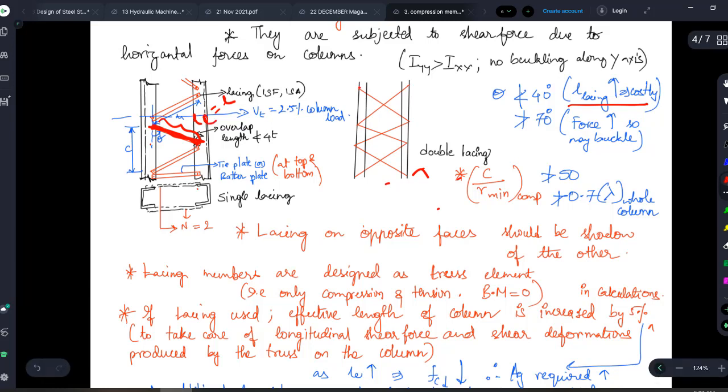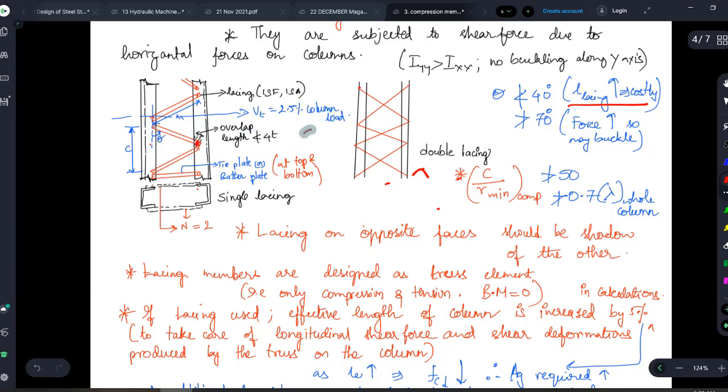So what is L effective? The effective length of my lacing will be 1 into L. I hope it is very clear, no issues here. But if it is welded, यहाँ पे क्या कर दिया है मैंने? वेल्ड कर दिया है, यहाँ पे वेल्ड कर दिया है, यहाँ पे वेल्ड कर दिया है. You know, whenever you are welding, you are increasing the rigidity of your member. Therefore, you can consider the effective length as similar to that of a fixed one, and you can say your effective length is 0.7 times your length, right? समझ गए ना कॉन्सेप्ट? कोई प्रॉब्लम नहीं है इसमें, कोई प्रॉब्लम नहीं आ रहा है.